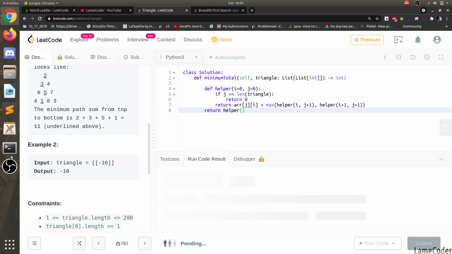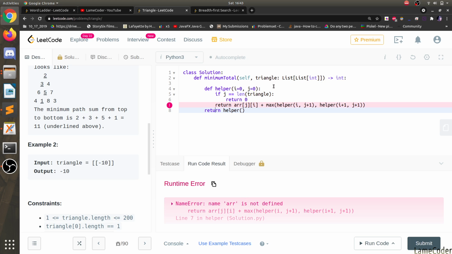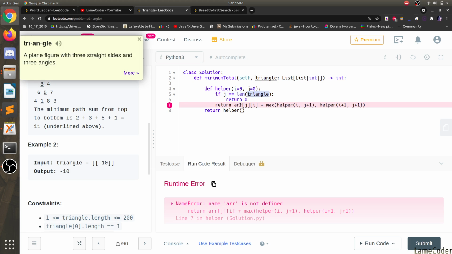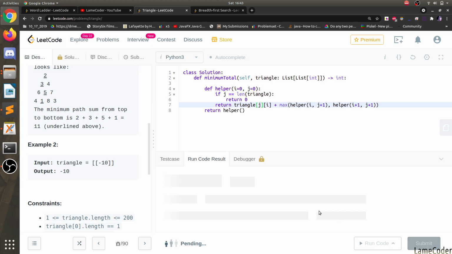Oh, these variables. I should be careful about the variables. I shouldn't have used array while describing the code.